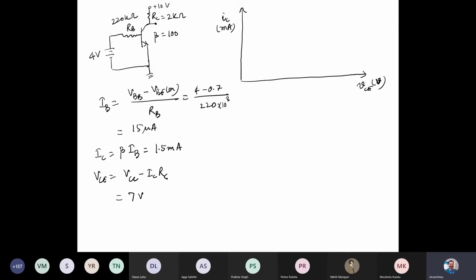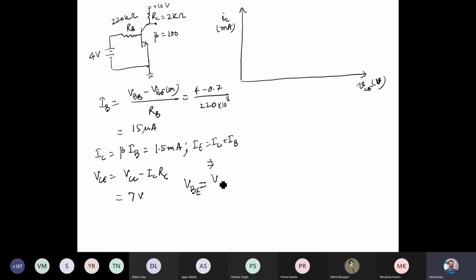So what do you observe? This is just the output voltage right now. You can find out IE also. IE would simply be IC plus IB, so that's 1.5 plus 0.015, which will give you the IE. And what else did I ask you to calculate? VB. Please note, because we are reading two kinds of subscript notation here, VBE is nothing.